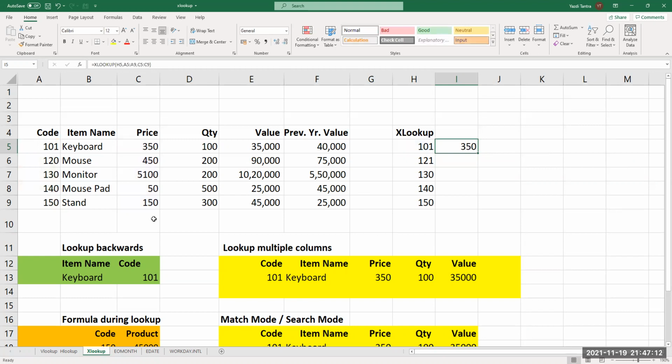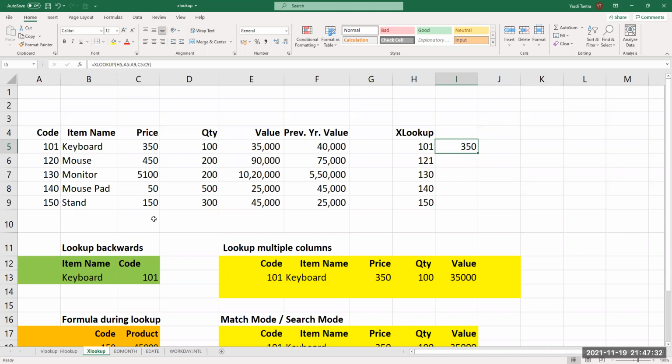Now you see the difference between VLOOKUP and this XLOOKUP. What XLOOKUP allows us to do is make all the cells independent. It is not saying the fourth column or the third column from the left. It is actually making me write what I want.